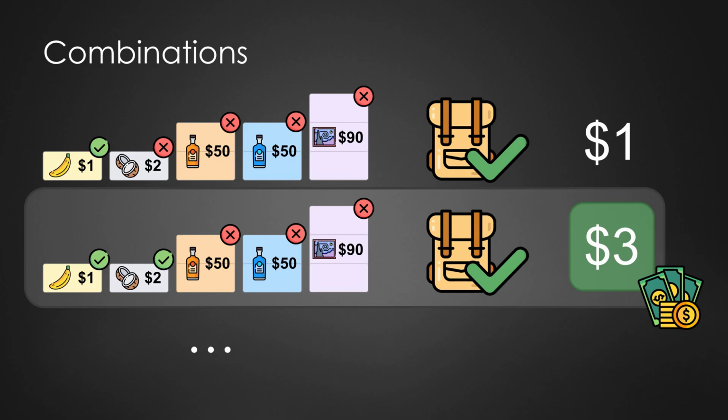Even though this approach works, it would take a lot of time. Just picture ourselves trying out every combination in the backpack. This would take ages. This method is commonly referred to as a brute force approach and is not very efficient. So, if we only had a few minutes to decide, we would have to come up with a faster way.